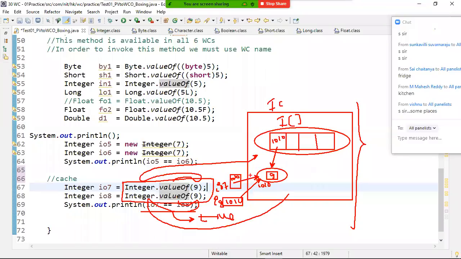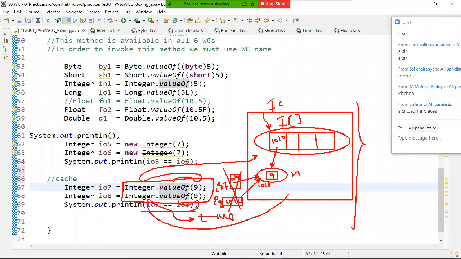Once you store this Integer object inside this integer array, is this object eligible for garbage collection? Never. Even though your variables are destroyed, this object is not eligible for garbage collection because it is still held by the integer array. As long as the Integer class is available, the integer array is available, and the object is available.